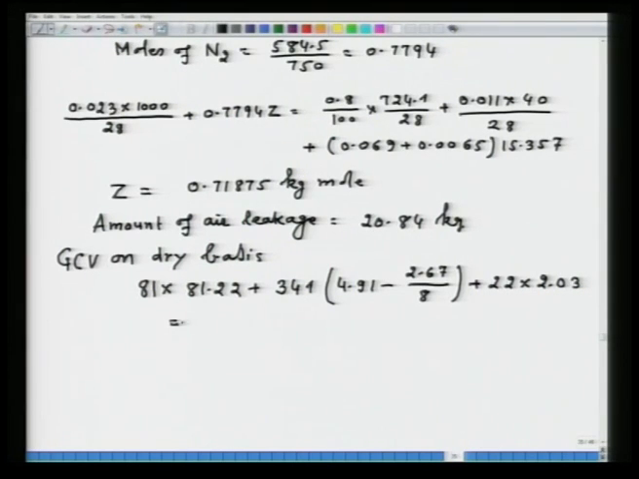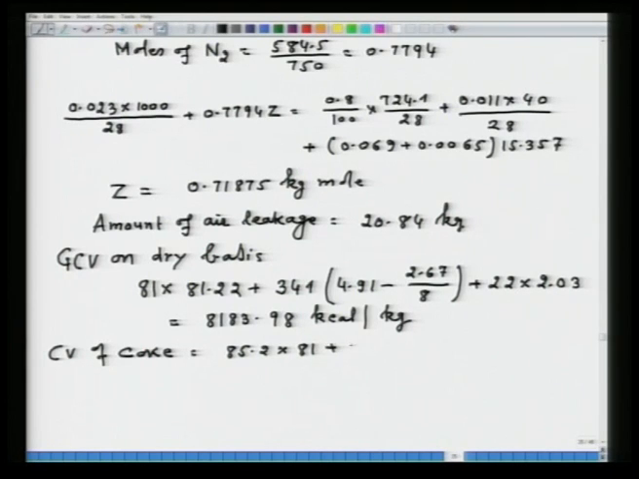So, this gross calorific value is coming to be equal to 8183.98 kilocalorie per kg. Similarly, I can calculate the calorific value of coke. The calorific value of coke will be equal to 85.2 into 81 plus